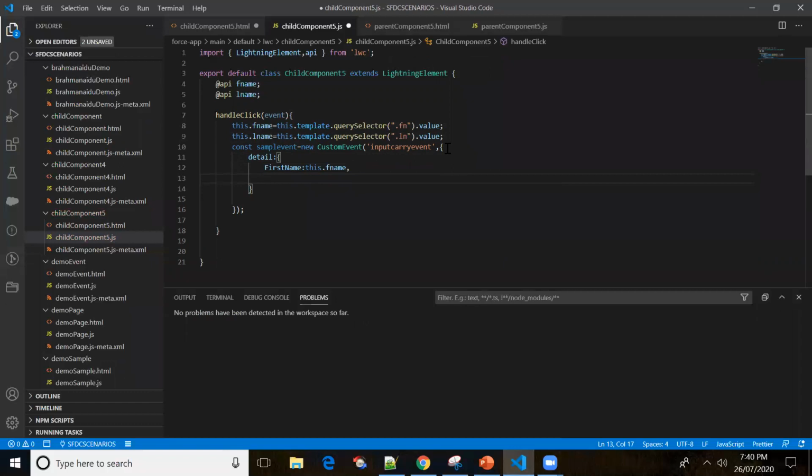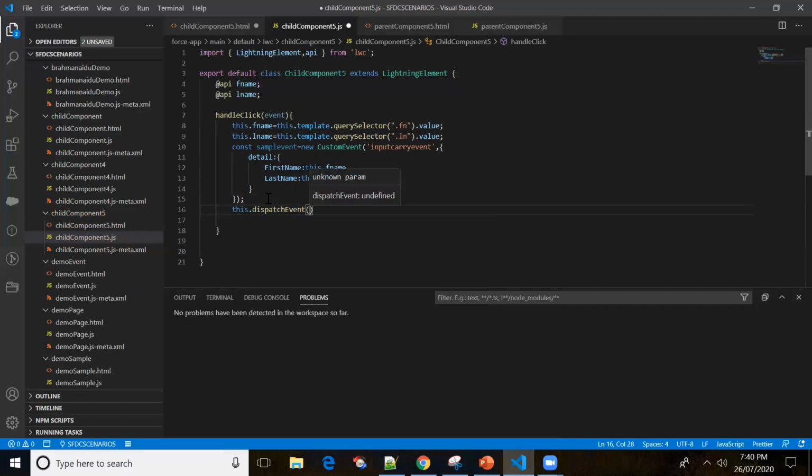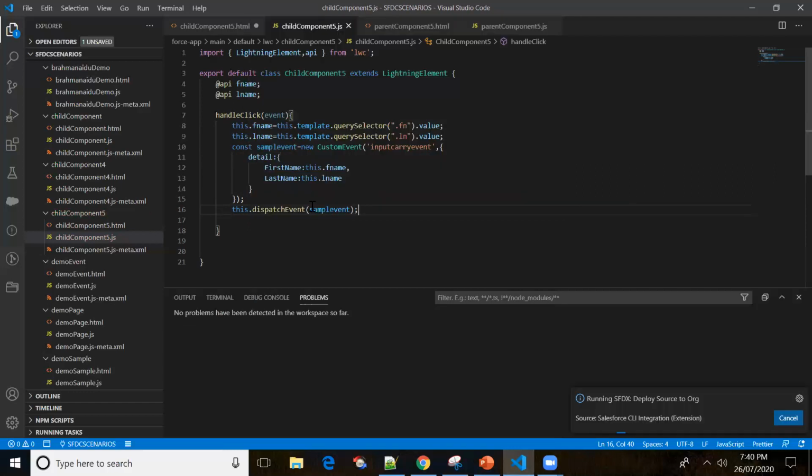Okay, and for lastName, I'll be passing last name. Now I'll fire the event. If you don't fire the event, then it won't work, right? So that's dot dispatchEvent and the reference variable name. What is the reference variable name here? sampleEvent. Okay, so let me deploy this code to the source org.